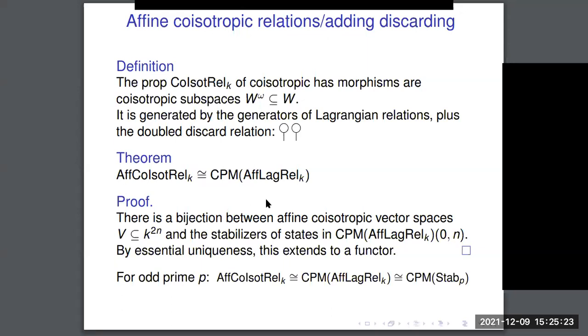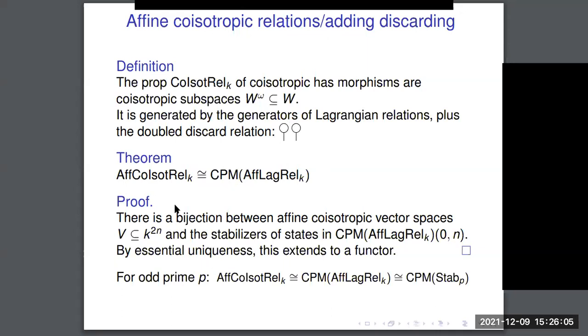Sorry, does affine quotient rel just have ones as well as what's in quotient rel? Is it the same transition as from lagrel to afflagrel? Yeah, you just add this X gate thing. So on the one wire it's identity, on the other one you just do +1. So you can just see this as adding this discard to the affine Lagrangian relations. There's this whole zoo of different nouns and adverbs and adjectives, but